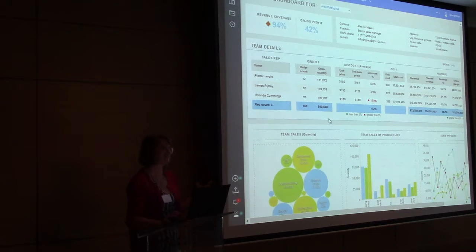So, I mean, how many times have we built reports for users and then they just want to do that little bit extra? They just want to sort it. And then we've built in all sorts of very complicated ways of making them sort. Yeah? Don't have to do that anymore. So